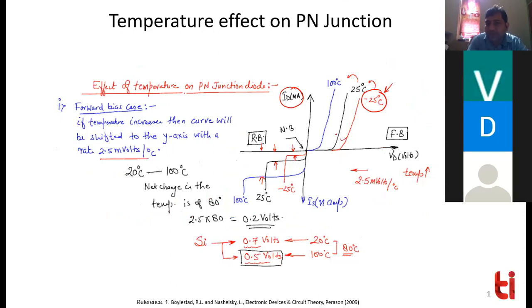If you are increasing the temperature, definitely the number of charge carriers is going to increase. Definitely their energy is going to increase. So let's say you have a PN junction diode like this. Now this electron, which was not able to move towards this direction, if you are increasing the temperature, this electron has more energy. If this electron has more energy, there is a high probability that this electron can cross this barrier even at the lesser voltage. Getting my point or not?